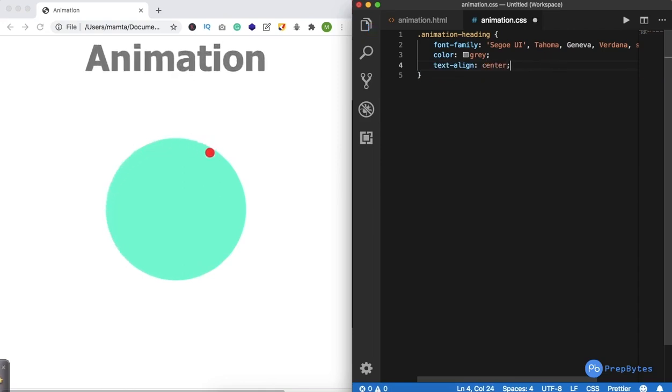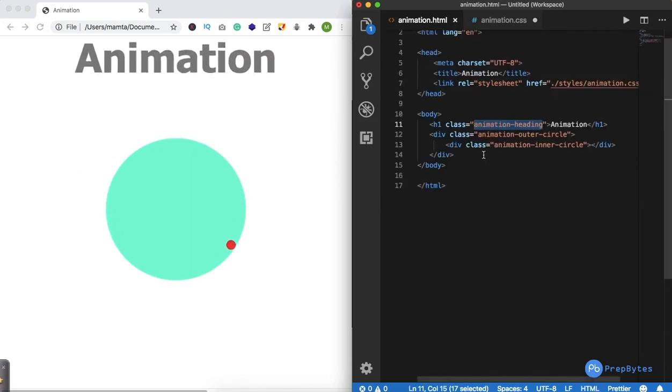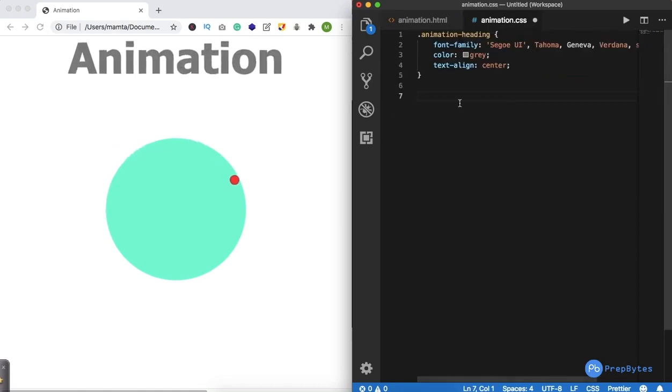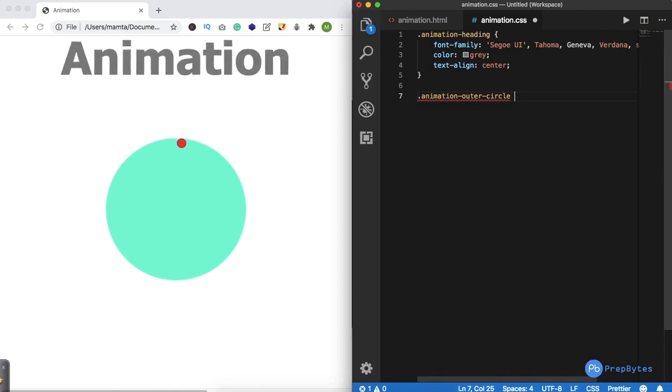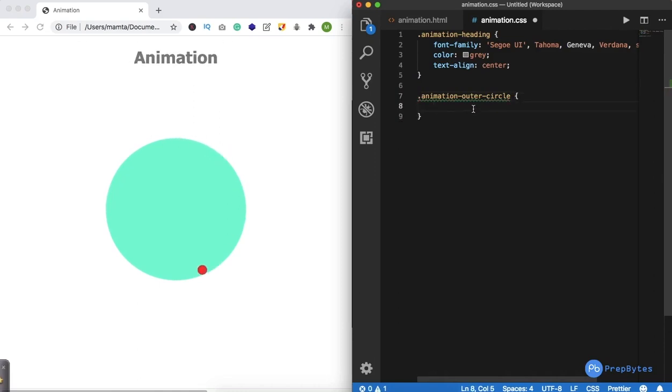Now apart from this we have to add the animation. Again, before we start the animation, let's put the styling for this as well. So we have animation outer circle and animation inner circle.